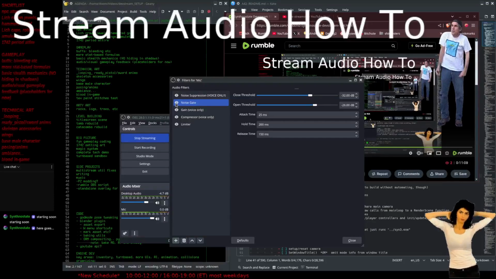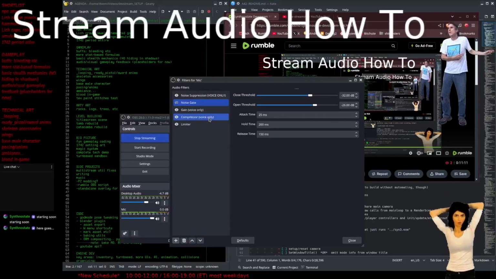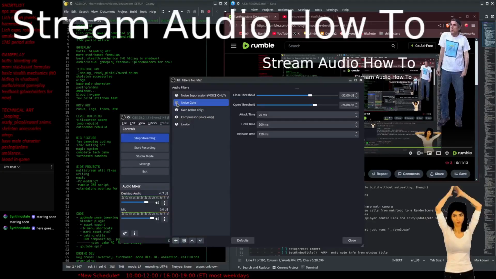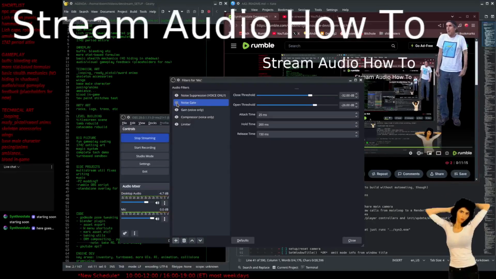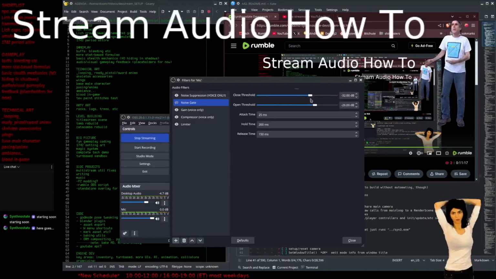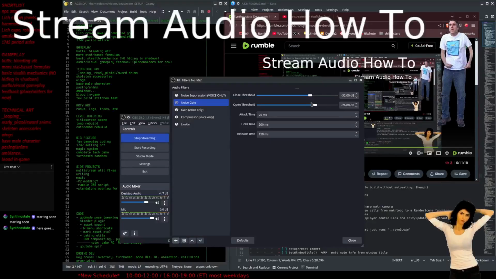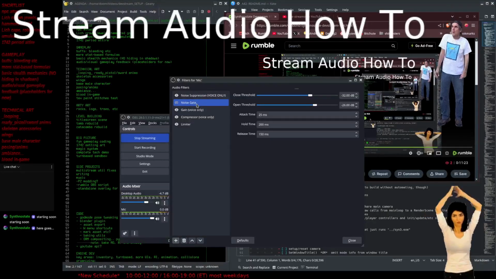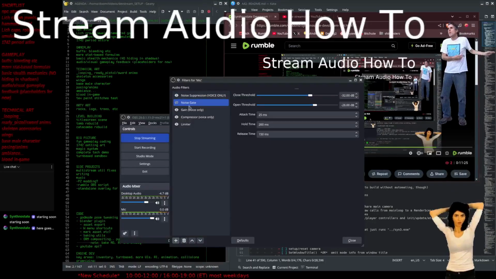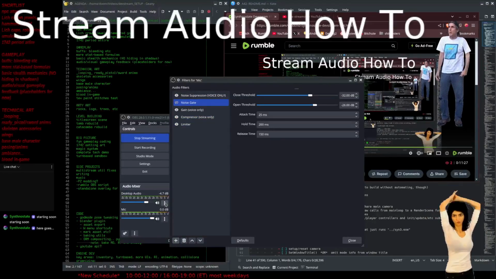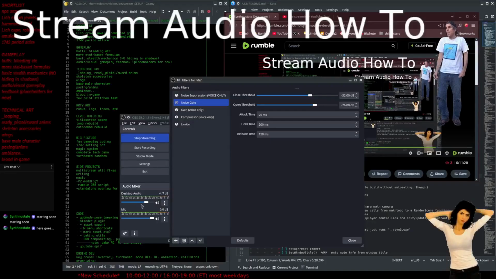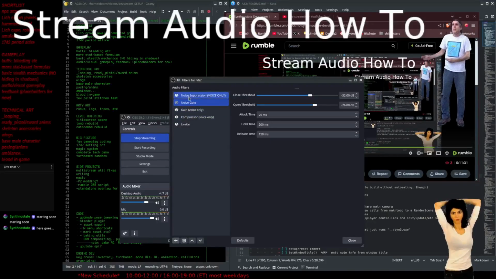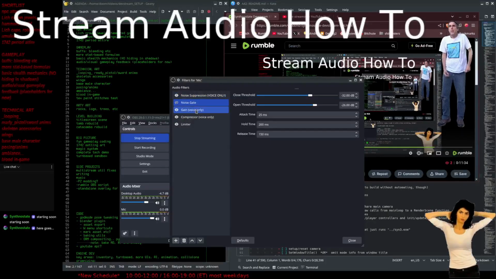But you hear me now. So that's what the noise gate does. If you want to use it, you might want to turn up the threshold. I don't use it because I don't like my voice being chopped off. It's just too easy to mess up your audio using this. So I don't use it.